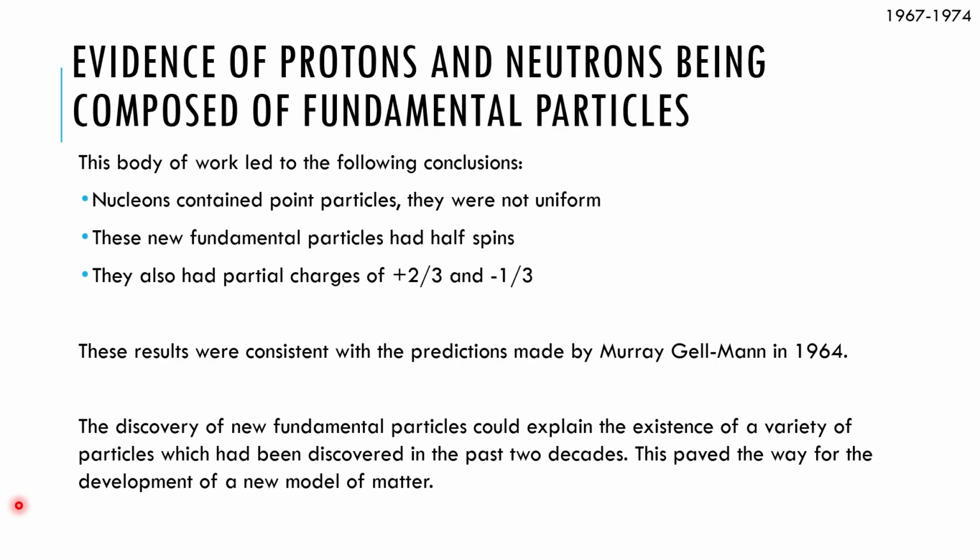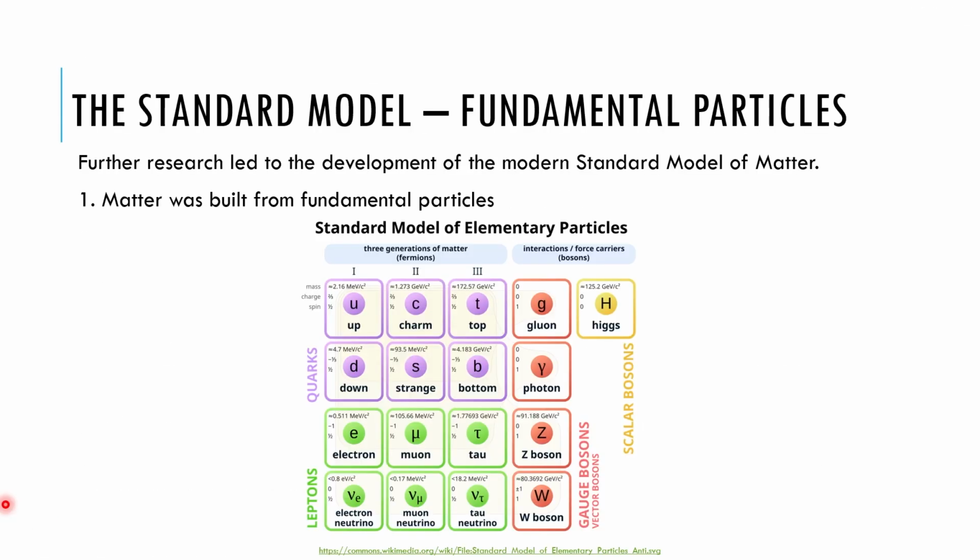And it was through this work that we started to see the beginnings and the building blocks of the Standard Model of Matter. And so the Standard Model of Matter is built under the foundational understanding that matter is built from fundamental particles. Some things that you'll see here will be fairly familiar to you. Things like up and down quarks, electrons, neutrinos, which we just talked about before. We've talked about muons previously when looking at evidence for special relativity. We've also looked at photons, they're fundamental particles in the Standard Model of Matter as well.